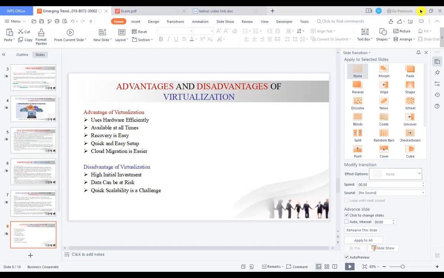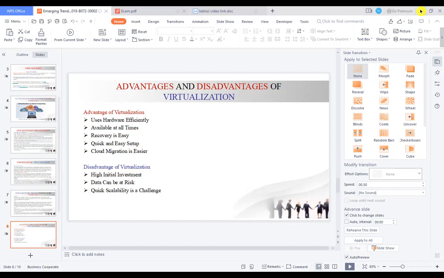And we have cloud migration is easier. So you have different kinds of data, you want to transfer them, or you want to upload data, or store, download different kinds of information.